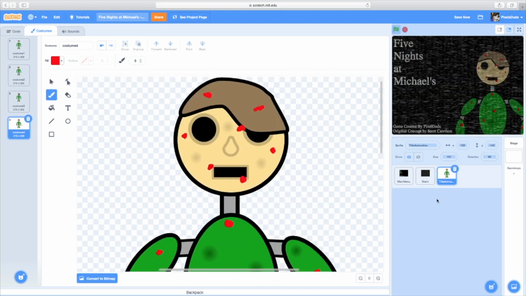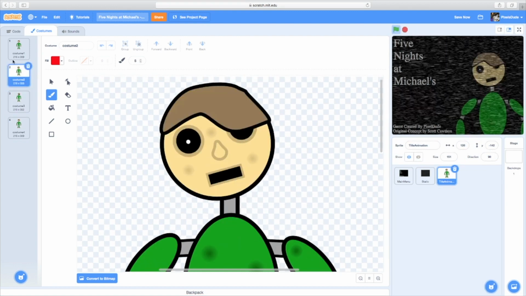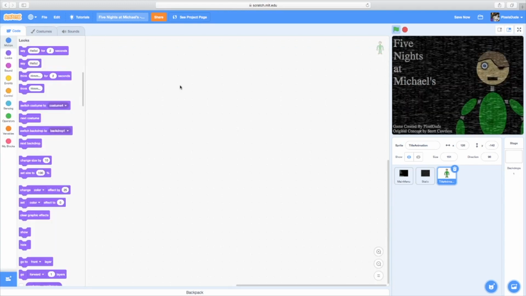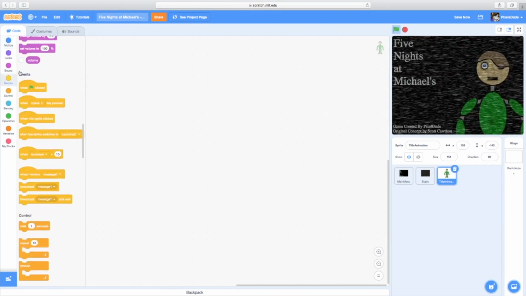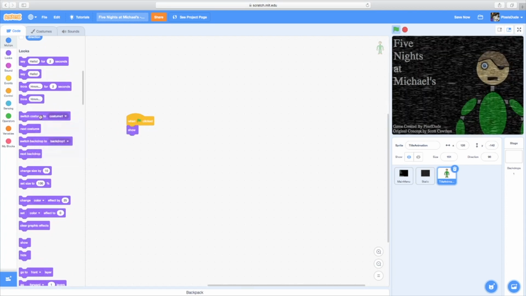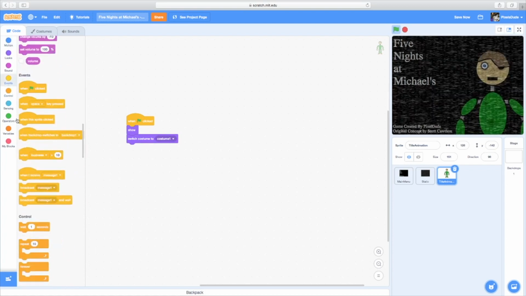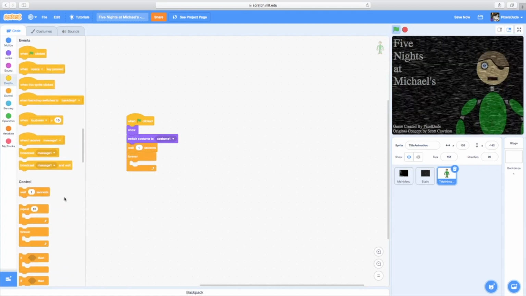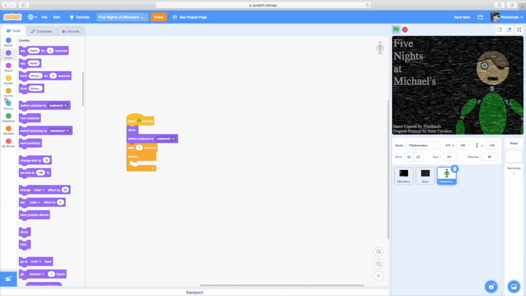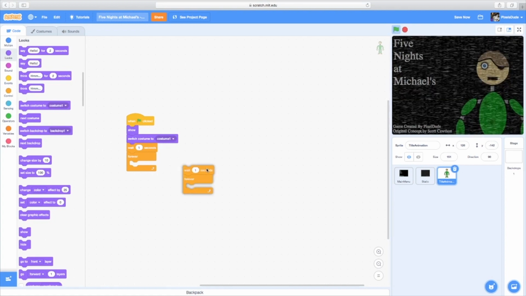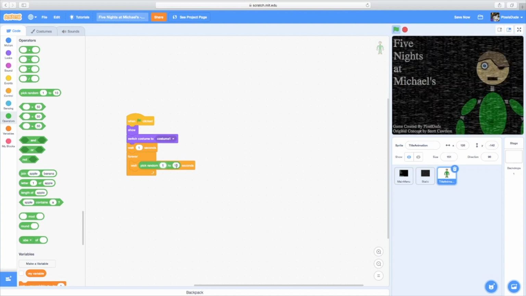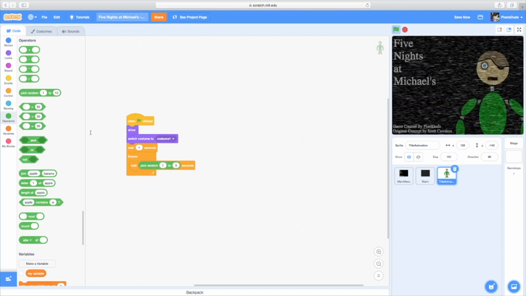Okay, perfect. Now that we've got our 4 different costumes, we're going to go to the code for the animation of your animatronic. And we're going to do, when green flag is clicked, show, switch to costume 1, wait 1 second, forever, wait between 1 and 3 seconds,